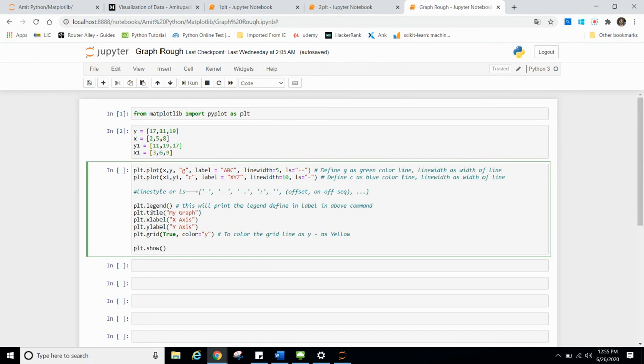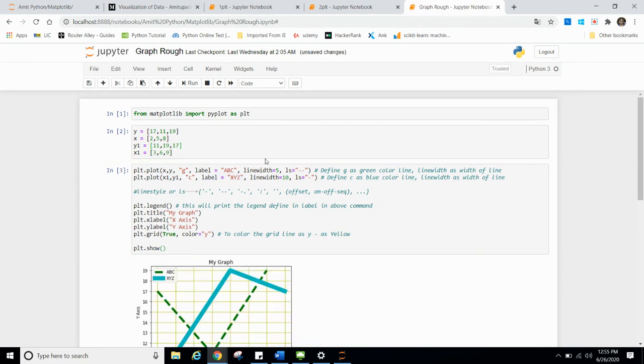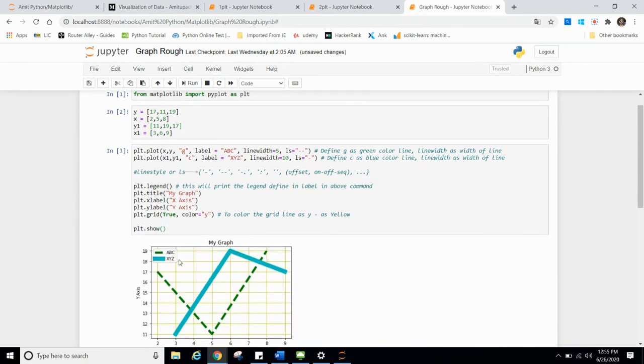And now legend, if you have to print these labels, you need to have this legend. Let me run this graph. Earlier this information was not there. Usually if you see a graph with multiple data, it will show which is which, right? This green color is for this, and this xyz is for this.